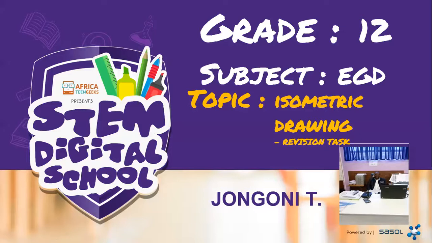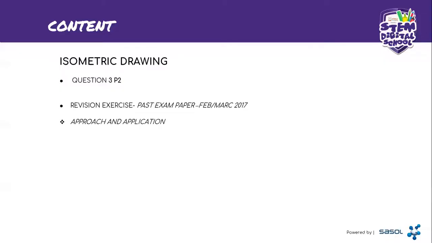Today we want to continue with isometric drawing. This will be the third task that we are doing with regards to isometric drawing. Remember, we are now looking at past exam papers. The one we are looking at today is again question number 3 of paper 2. It's isometric drawing, a revision exercise. It's a past exam paper from Feb and March